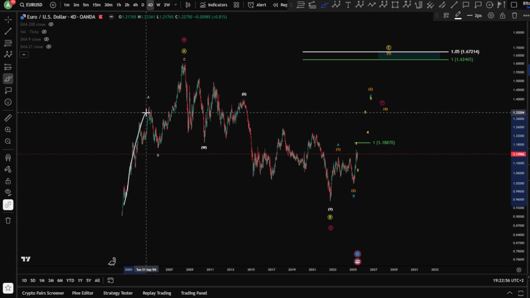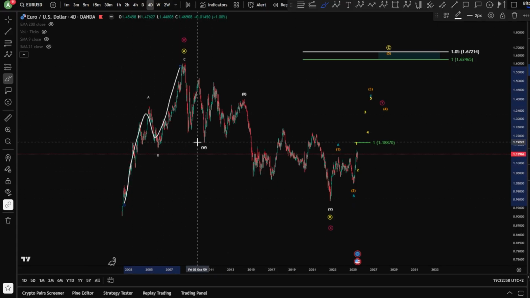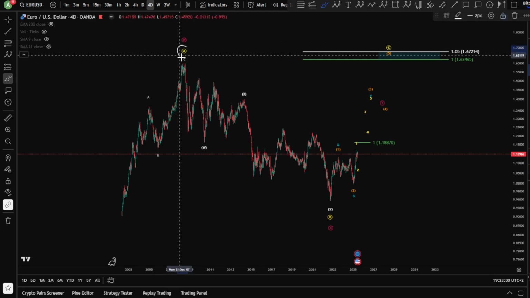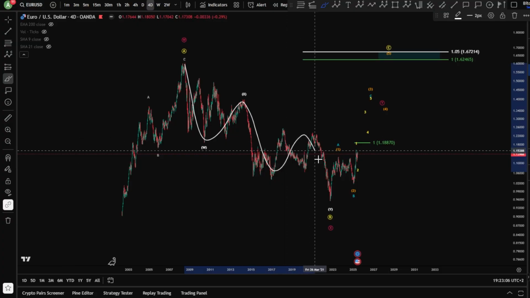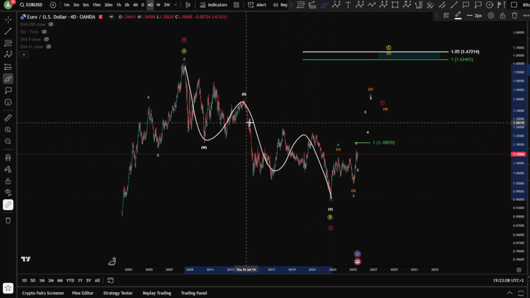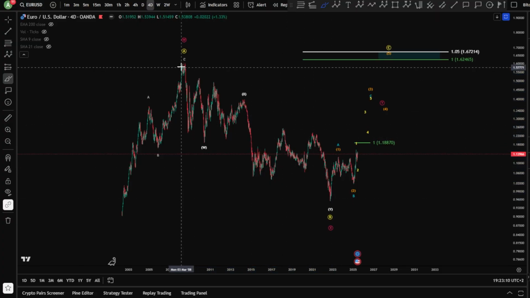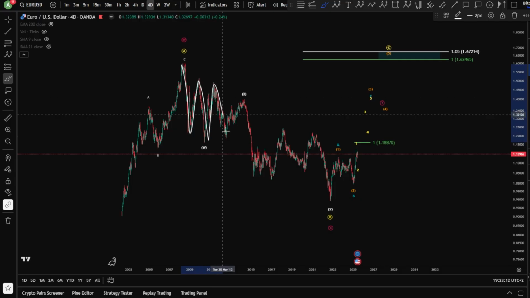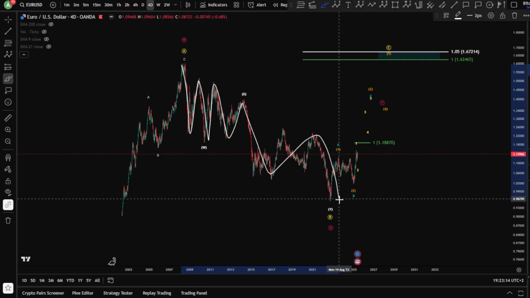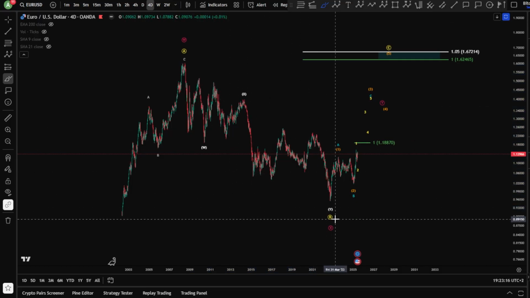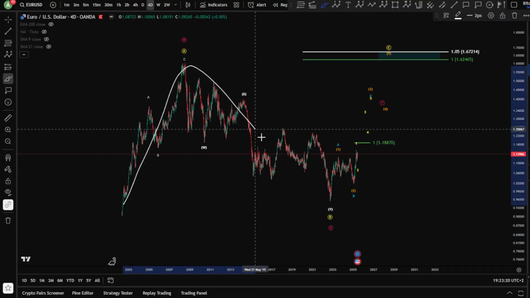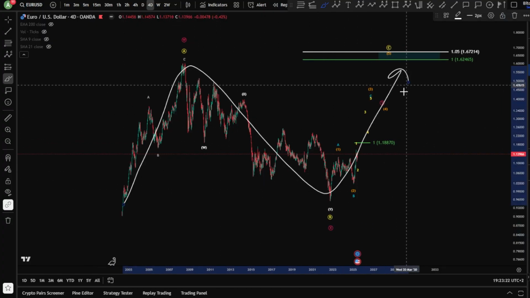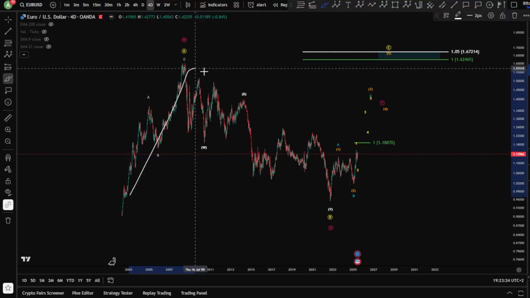So starting with the ABC here, that we have three waves toward the upside. So potentially we have a wave A or a wave W. After this, we see a very complex structure. Of course, it looks like 5 waves down. However, this can definitely be a W. You have an X and finally a zigzag for a wave Y here, finishing a wave W or a wave X, meaning we are in a potential A, B, and a C toward the upside, or a W, X, and